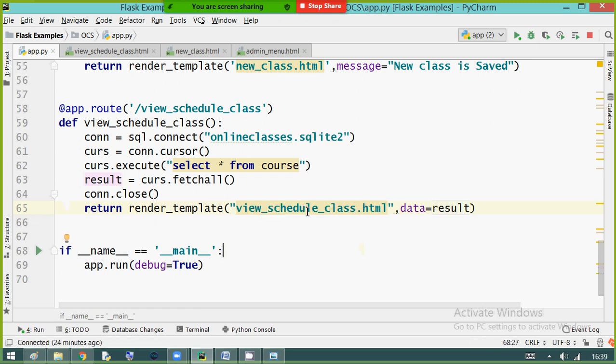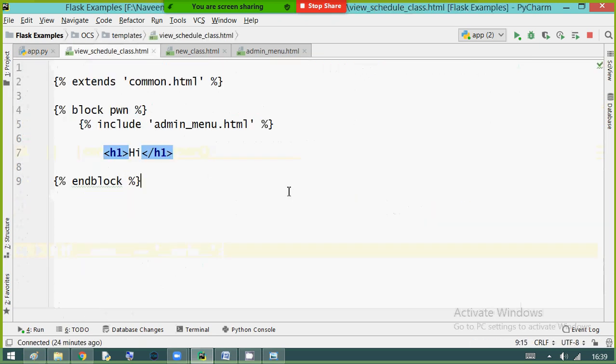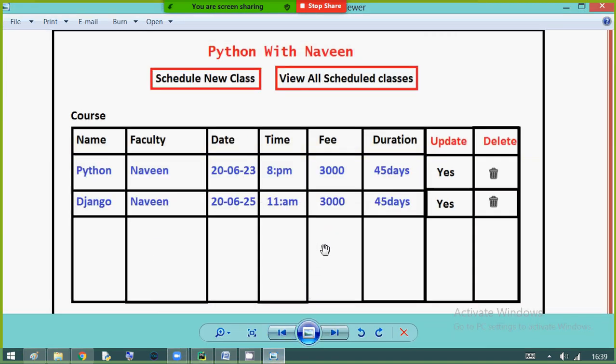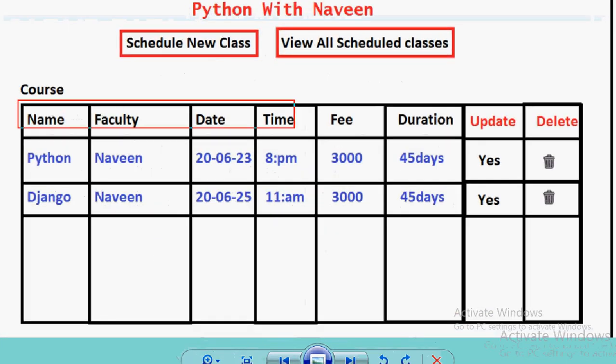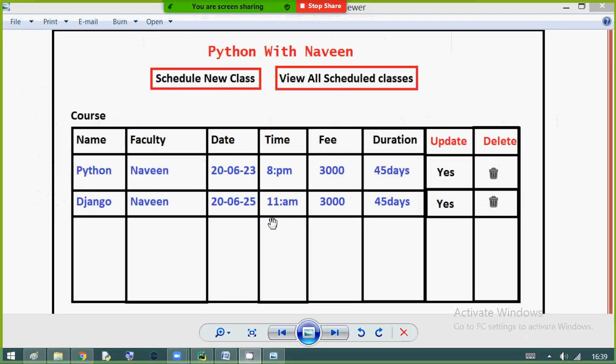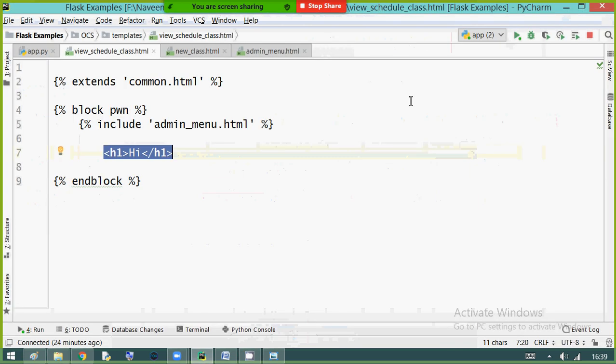Now as usual, the controller will go to the HTML file. In the HTML file, design your table. Before printing the data, first everyone concentrate. Before printing the data, first the outer structure, I mean the headings and titles, I want to print. The data you get from the database, but the table header is fixed. That table header I am designing first.